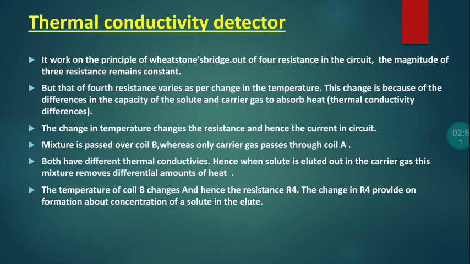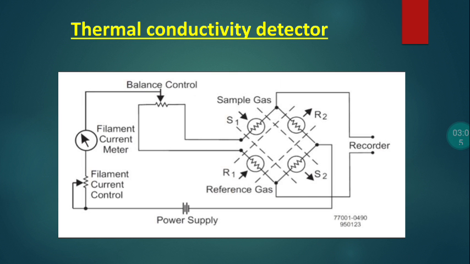Thermal conductivity detector. One of the most widely used detectors in gas chromatography is the thermal conductivity detector. In this detector, the change in thermal conductivity of the carrier gas is measured by a thermistor. A thermistor is a small bead prepared by fusing oxides of metals. The carrier gas used is either helium or hydrogen. Sometimes nitrogen has also been used as a carrier gas because helium is costly and hydrogen is dangerous, but the sensitivity is greatly reduced.